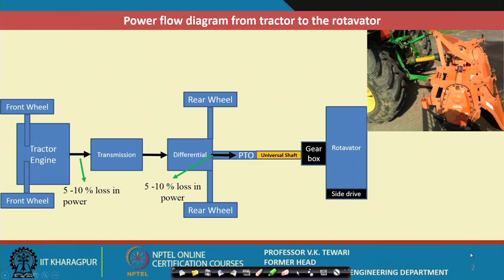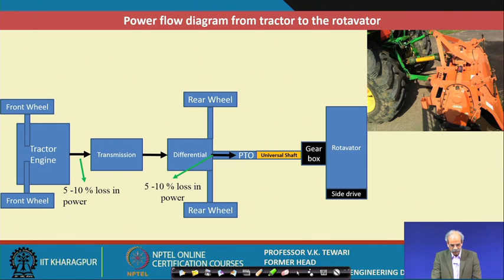Well, when we know about this design, it is very important to know how the power comes to this rotavator, or how power is taken from the tractor for this rotavator. Now, let us have a look at it. See here, the tractor engine is there. From the tractor engine we know that the power is available at the end of